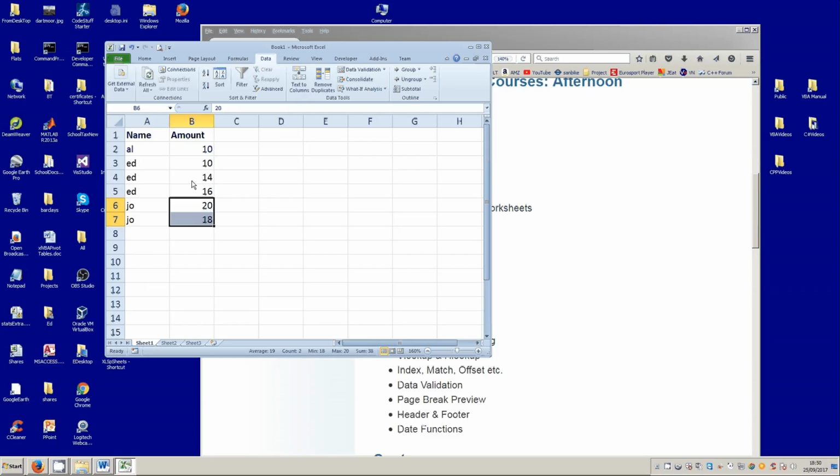I see just by luck that Ed has got his stuff sorted, but that's because they're in that order in the first place. I'll show you, because if I undo, Control Z, you can see that Ed has got his 10 here and 14 and 16, and Joe has got his 20 and 18. But how do I sort everything in secondary order, if you like, so that not only are these sorted, but these are sorted correspondingly? So what we'll do is to put our mouse anywhere in the table,